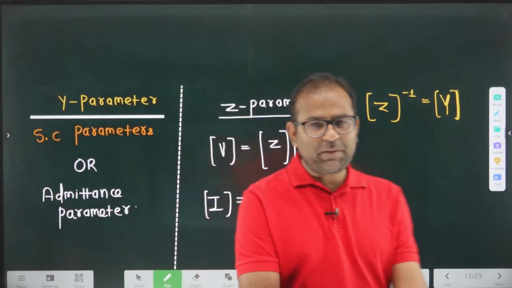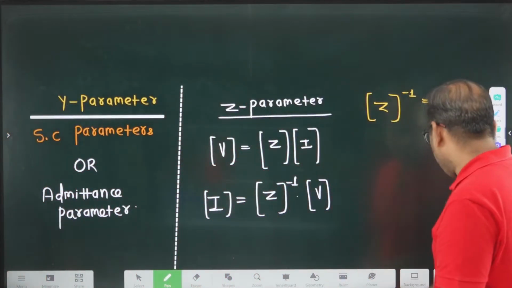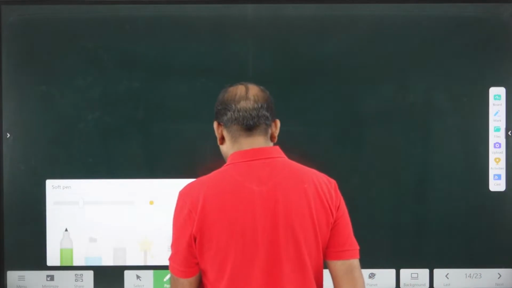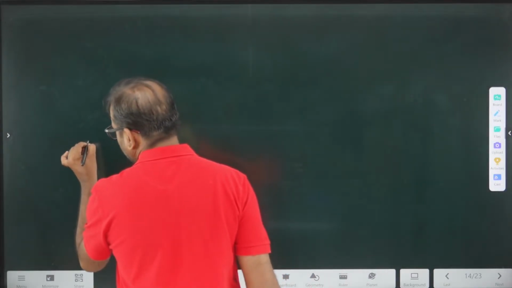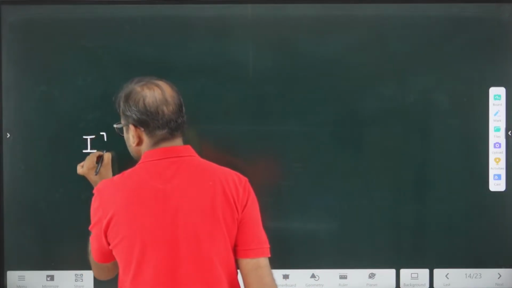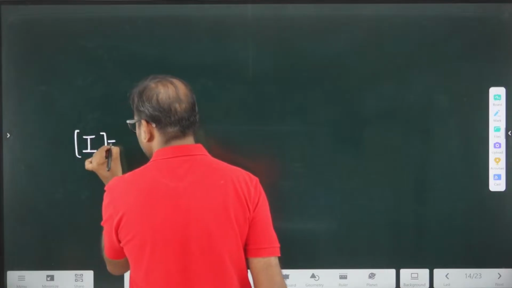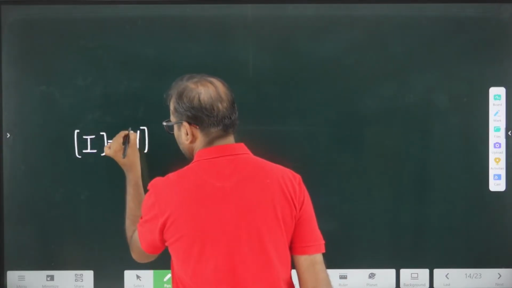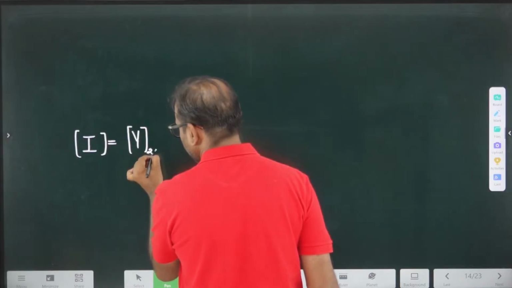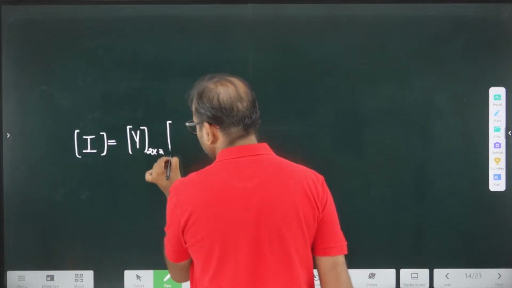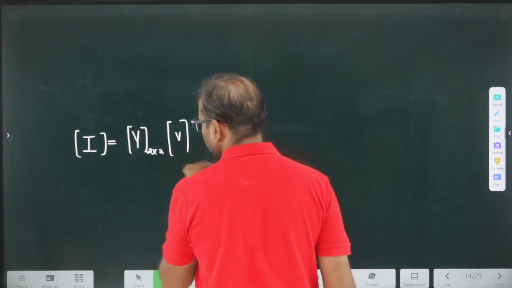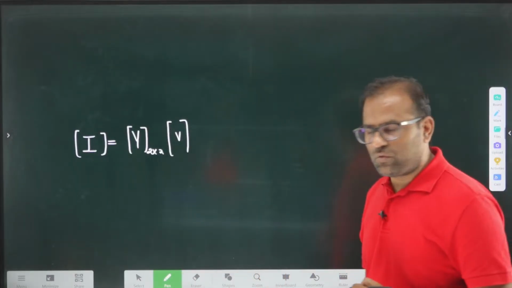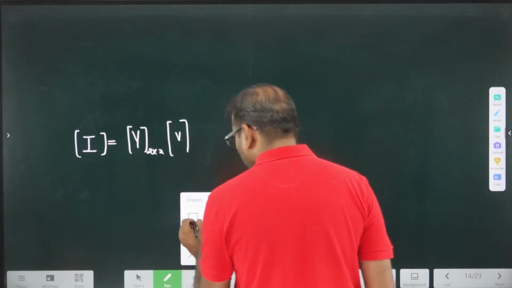So the inverse of the Z parameter is known as the Y parameter. If I can be written as Y into V, so for a two port network,